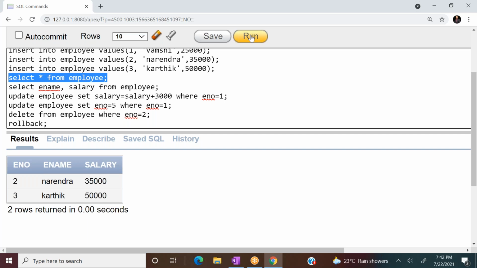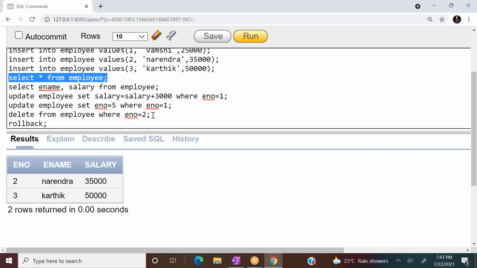Yes, see, 2 Narendra 35,000 is back. It is rolled back. Previously, by default in Oracle 11G, the auto commit option is enabled, so whenever I execute a query it is saved in the database system, and once it is committed, it becomes permanent. It cannot be rolled back.